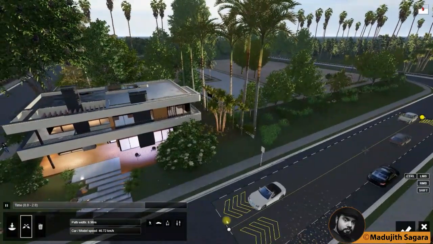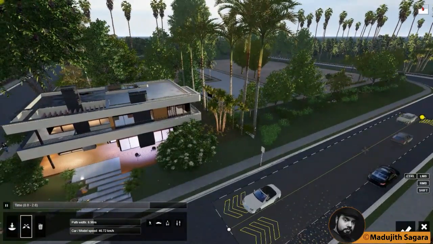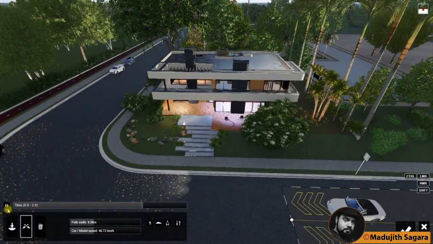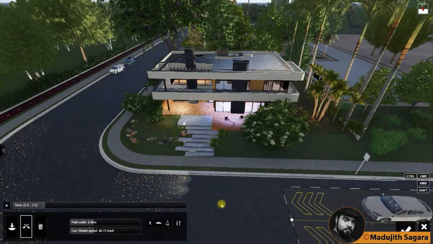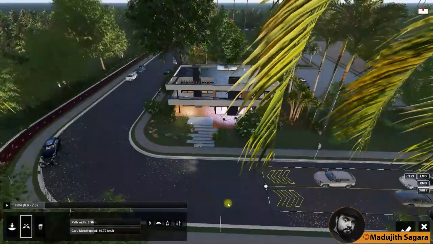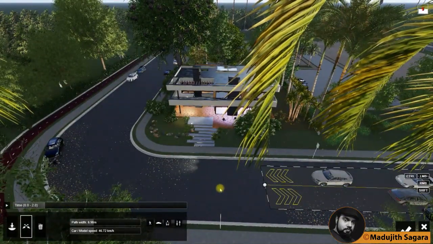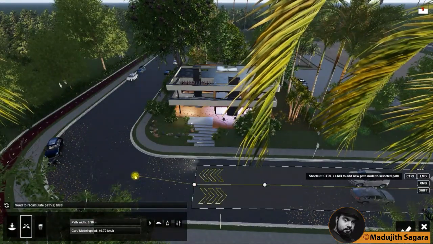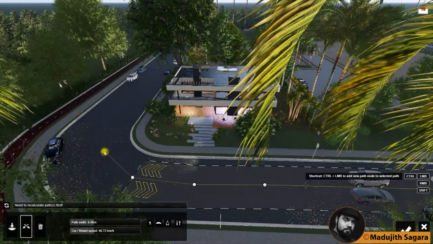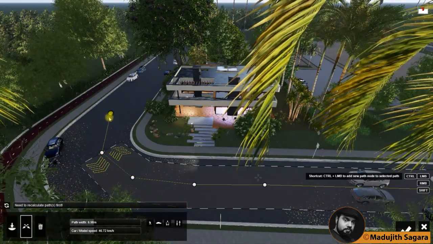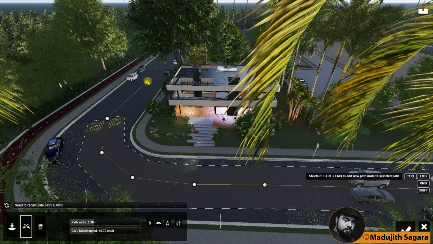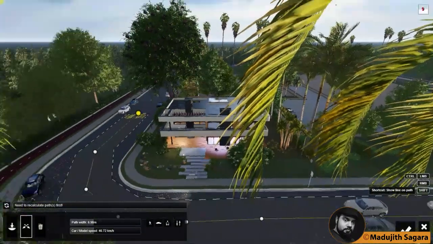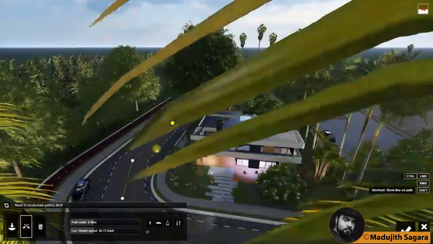Right, but my vehicle disappears here. The reason is I haven't continued my road in the other direction. Now I will do it. For that I have to extend the road. For that press Control and extend the road. And it is like this. I can do it further, no matter. Okay, I will do it.